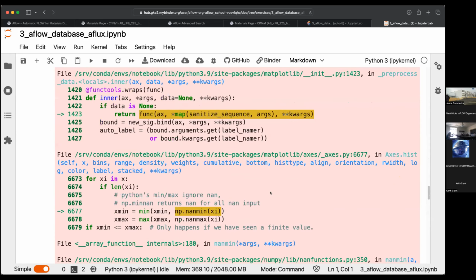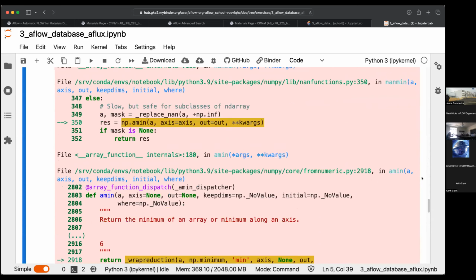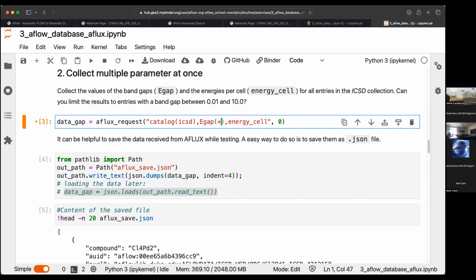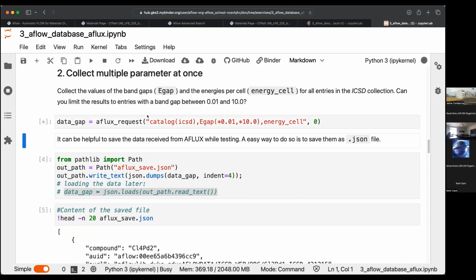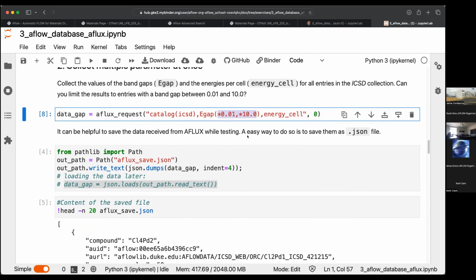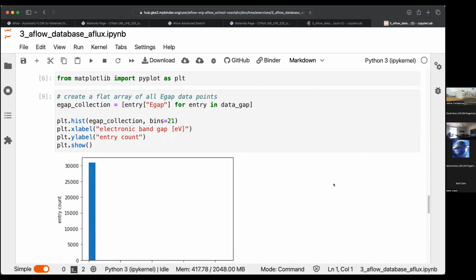Okay. So what you see here is that it complains that some of them are NoneTypes. And the reason for this is that in our request, we just said EGAP, so we get some values that are not necessarily a number. What we can do is limit this to a data range that is easy for us to plot in the end. So now we do the request again, we limit our search. You could also do just the star, but then you also get all the 0 values. And if you plot this now,